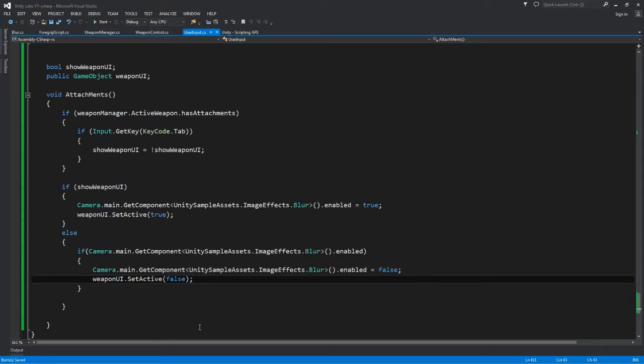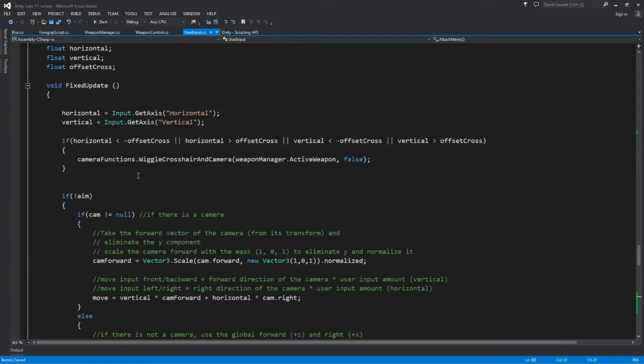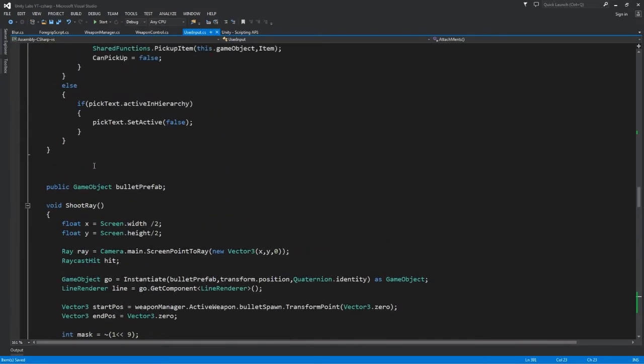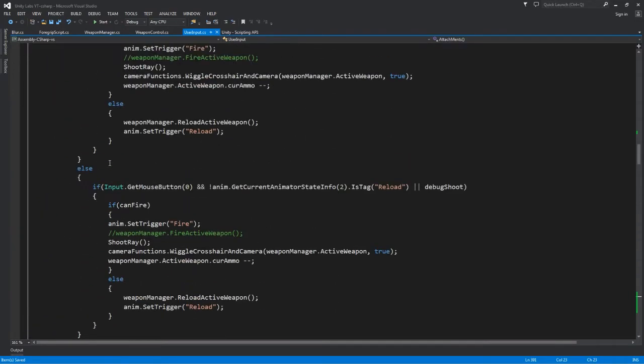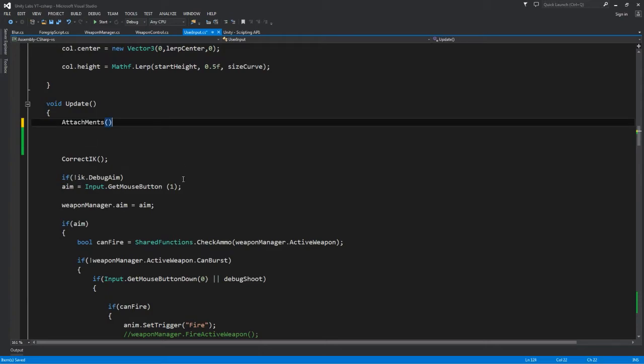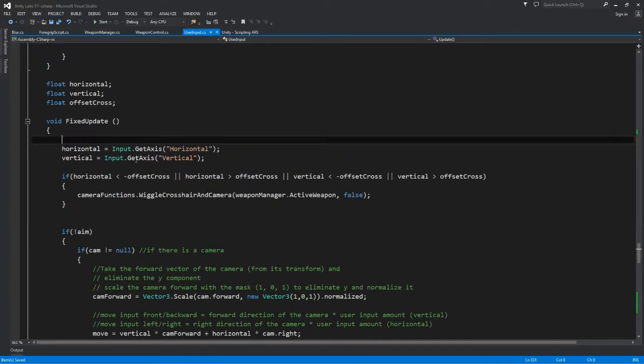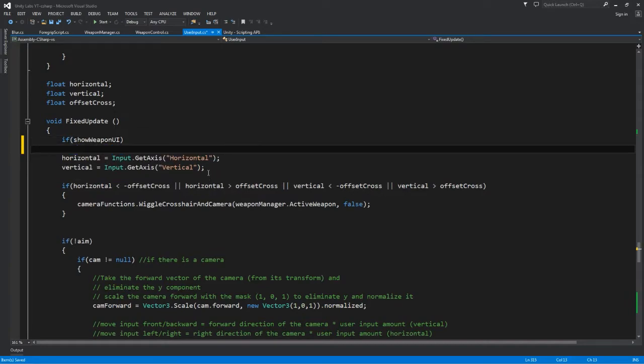And for our aim we also need to change this. So we add, if we're not debugging the aim, or not show weapon UI, take the input get mouse button. So now let's see if we forgot something to assign. Weapon UI, dropping it over here, and if I hit play, now of course we have it enabled from the start. And yes, I forgot,